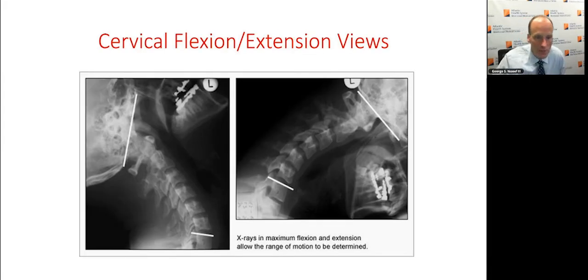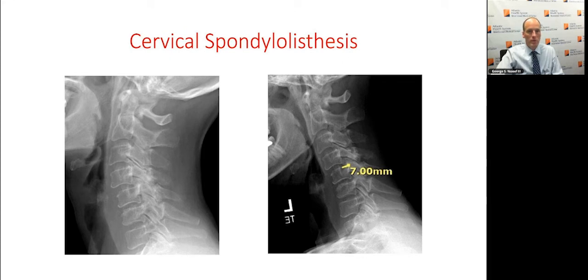I obtain flexion extension views to see if there's any instability on almost every patient. Right here you'll see as you flex forward, the posterior aspect of the vertebral body relatively stays in line with no translation. So this is a patient who has hypermobility. She has, you'll notice, a slip here at C4-5 and a slip here at 5-6, which actually increases in magnitude with flexion. I think this 7 millimeters is